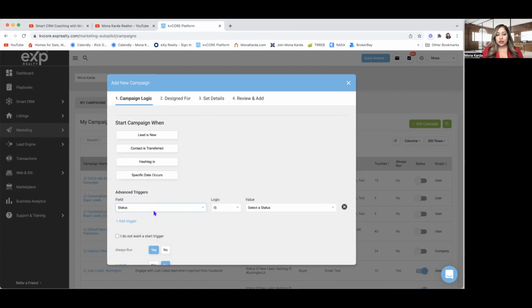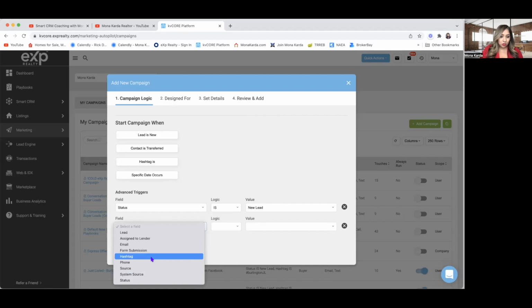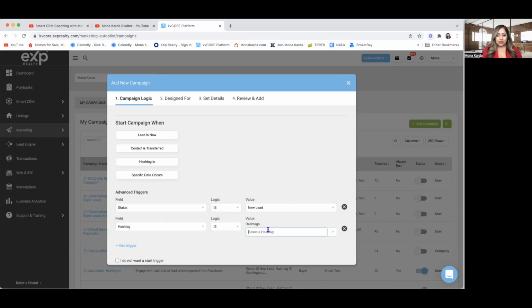So when the lead comes in and the status is new lead, I want this campaign to activate. I also want this campaign to activate when the hashtag is off market